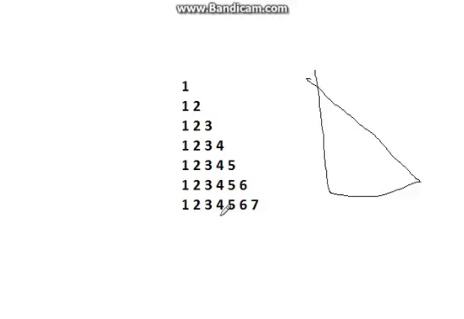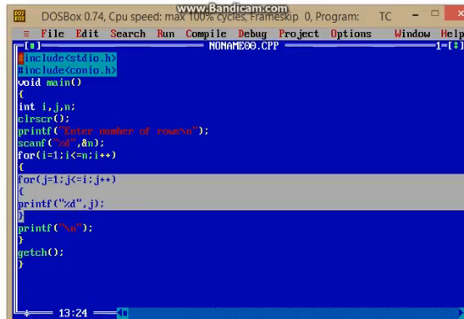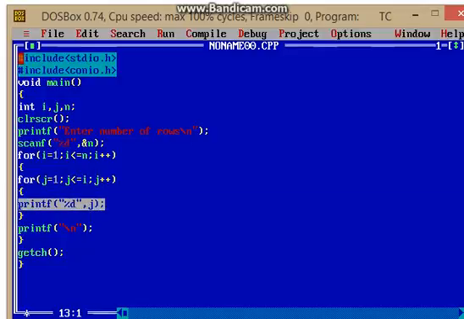So I am going directly to the program, and here is the program. I have made a change from lecture number 13. What is the change? The change is only in this line. In this line we have just replaced the star with a value, that is j, and here the format specifier to print the integers 1 2 3 4 5, and this is j, and j will print in every loop.